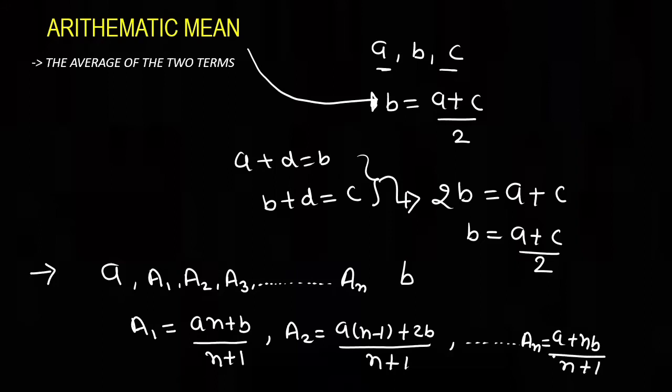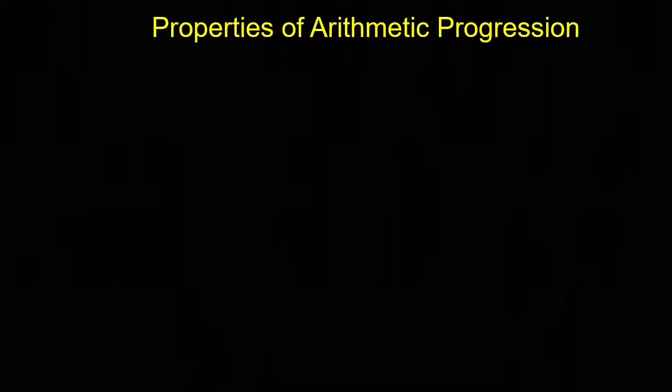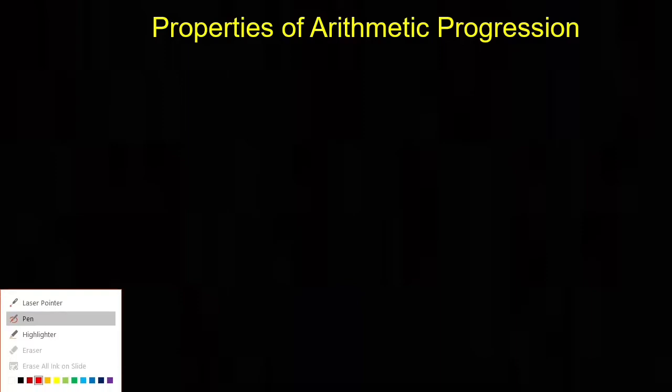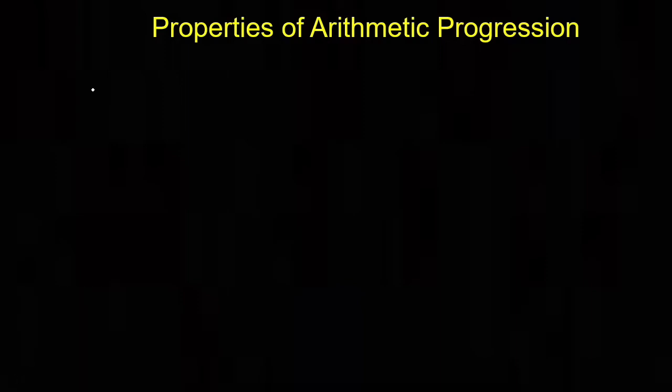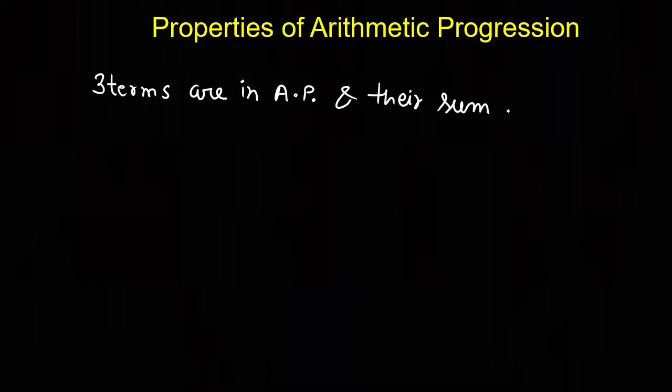Now we study the properties of arithmetic progression. There are some basic properties of it, so we just study two or three properties. The first property is, if you are given in the question that five terms, three terms or two terms are in AP, like it is given that three terms are in AP and their sum is 9, then if you assume that the three terms are a, a plus d and a plus 2d